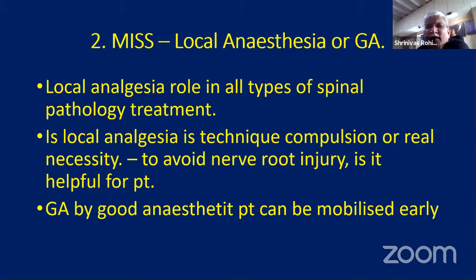My take is, if it's under local, the muscle relaxation is not at all good. In cases of spinal canal stenosis where you want to go to the opposite side, GA gives you very nice muscle relaxation. And if your anesthetist is good, you can finish the same surgery within the time taken for the surgery done with local anesthesia. On this point, that muscle relaxation, Mohinder, you want to add something,